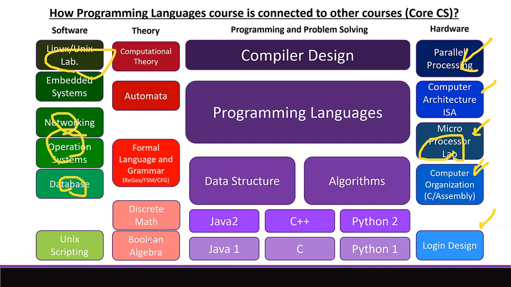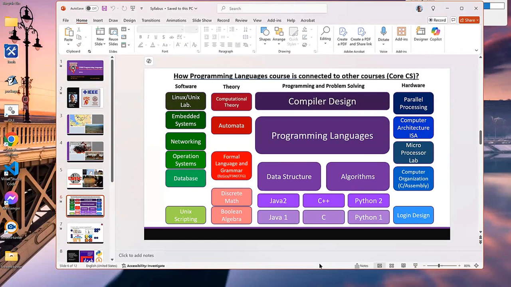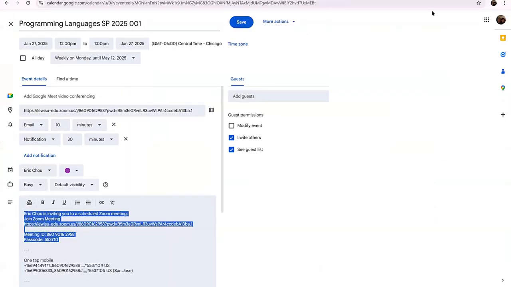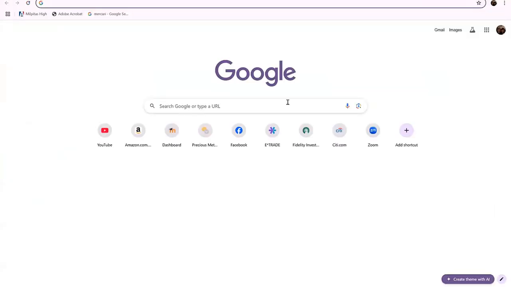And then theory: you need to talk about math, discrete math, and also formal language, automata, or computational theory. So these are 4 different things, the most important topics if you are a computer science major. So why are these very important? If you want to see why I pick these 4 different tracks as important topics, you can go to Google and search